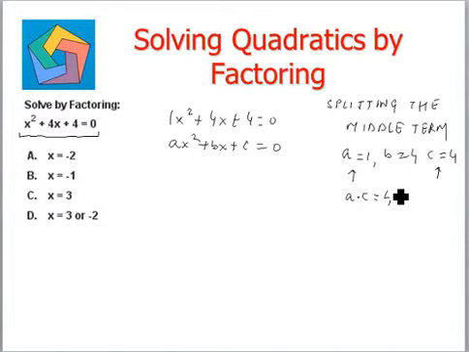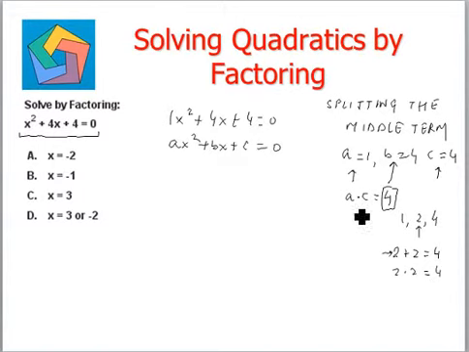Now we have to find out factors of 4 which when added give us the value b. So the factors of 4 are 1, 2 and 4. So from here if we pick up the value 2 and use that, that is 2 plus 2 equals 4 and 2 times 2 is 4. So the factor 2 satisfies our condition. So we'll be using the factor 2 from here.